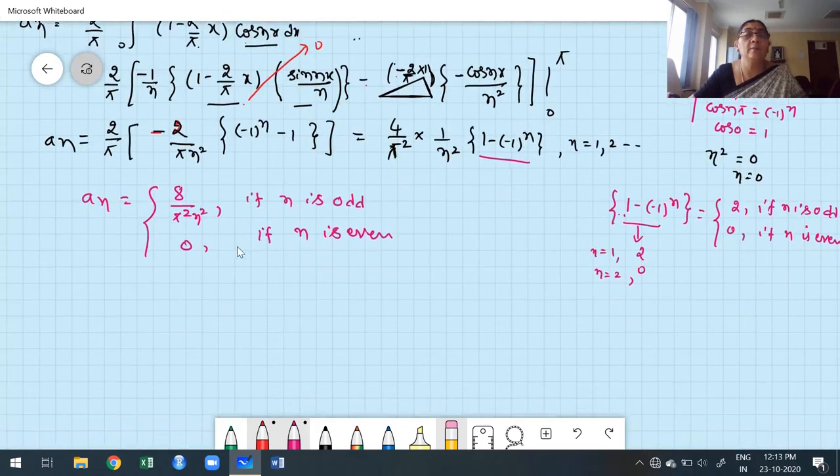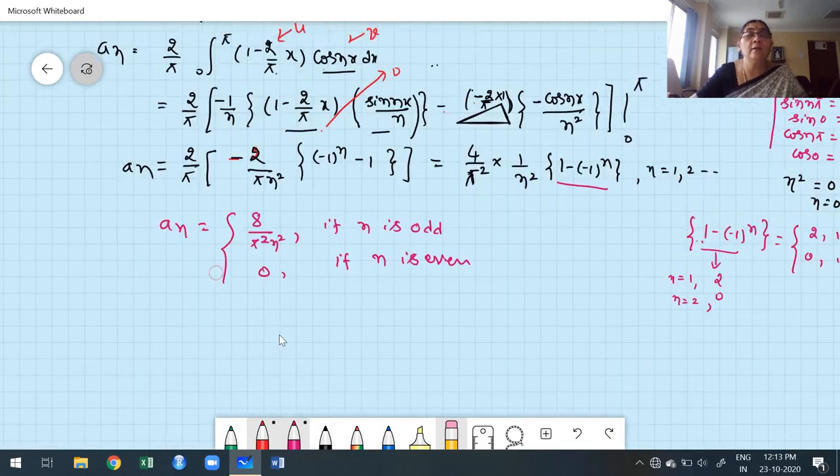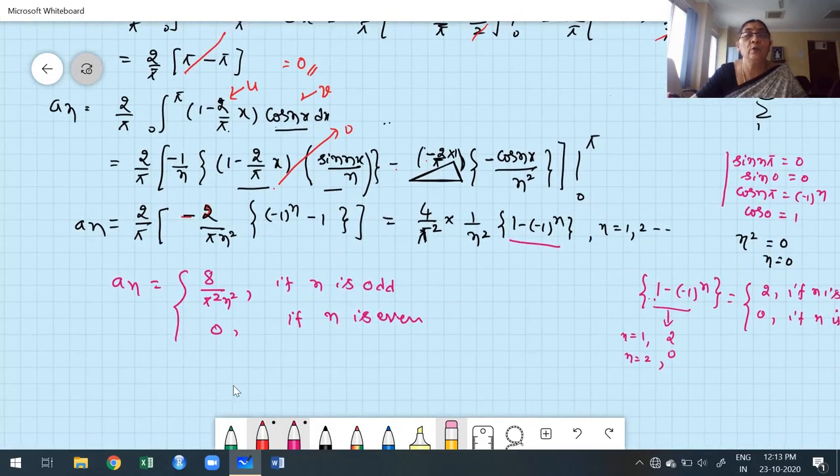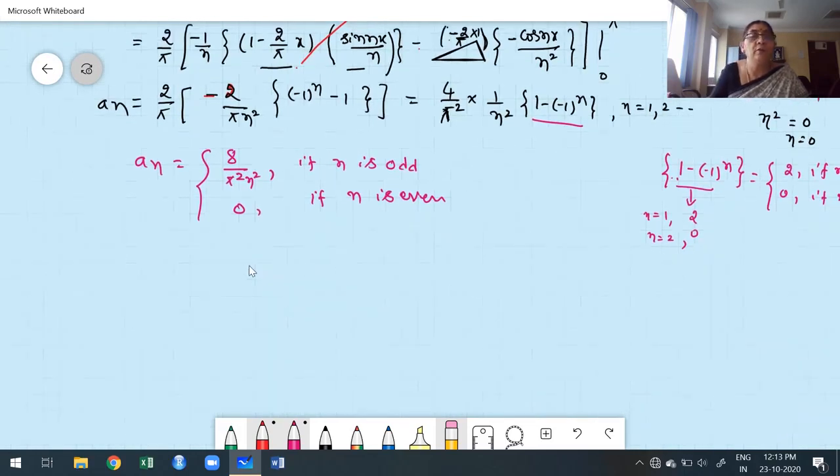In the next step, we are going to substitute the a0 and an values. But you already know that a0 is 0. Now only the an value we are going to substitute. While substituting the an value, we are going to consider only the odd cases. Why? Because the even cases are 0. Therefore, while substituting the odd case values for n equal to 1, 3, etc., you have to mention the first two odd values. That shows that we consider only odd values. Suppose we were considering only even values, we would have to mention the first two even values like that. Writing 1 to infinity means we consider both odd and even values.